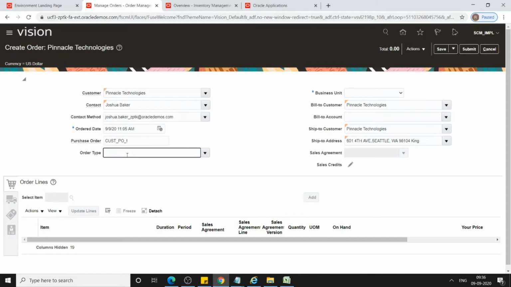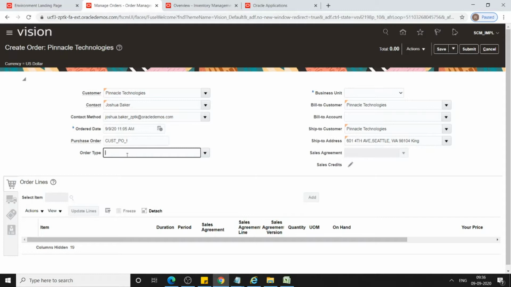And again, in Oracle EBS we have order types, so here also you can enter the order types. You have to define the different order types, such as standard, mixed, and so on, in the lookup. It is not mandatory.